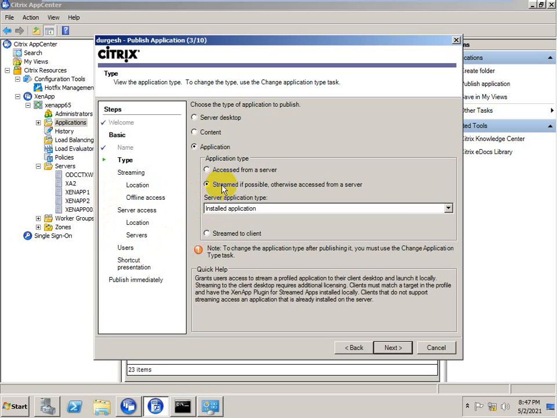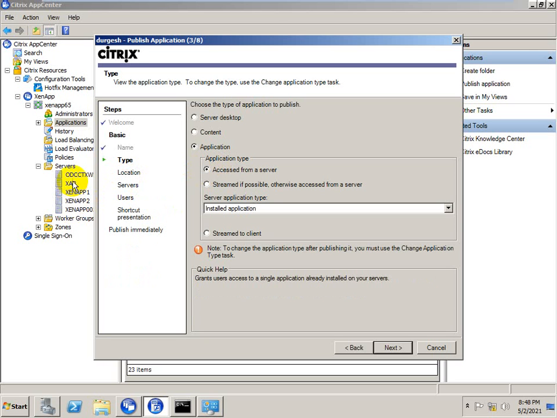Sir, I have a question. If we have hosted an application on different servers, from here in the server section it will show which servers are part of your Citrix farm, replicated from. You need to choose the server where the application is hosted. You need to choose the application. Okay, click on next.